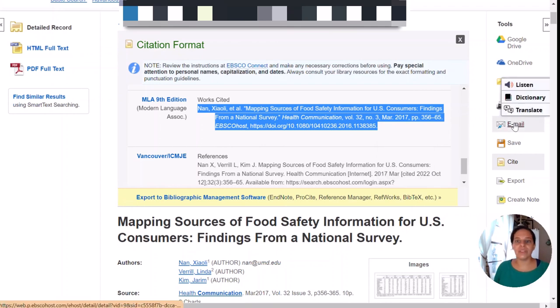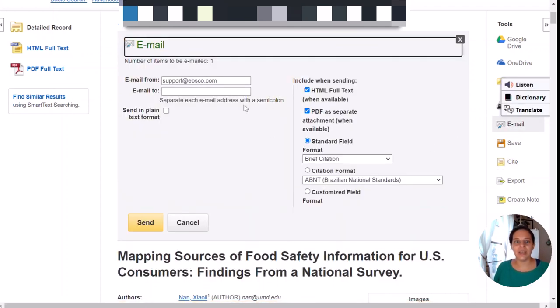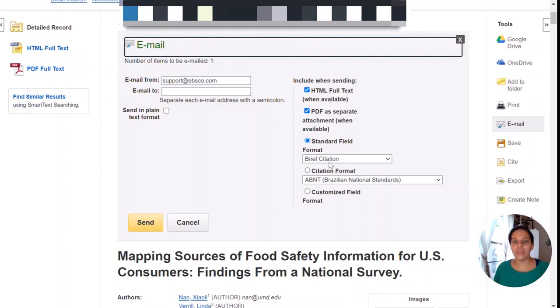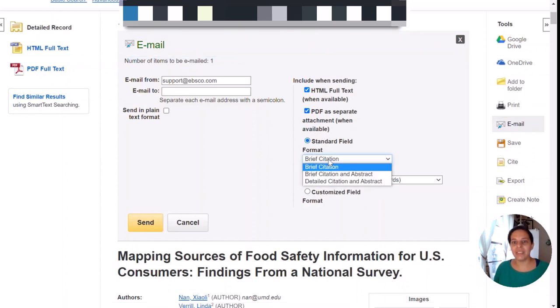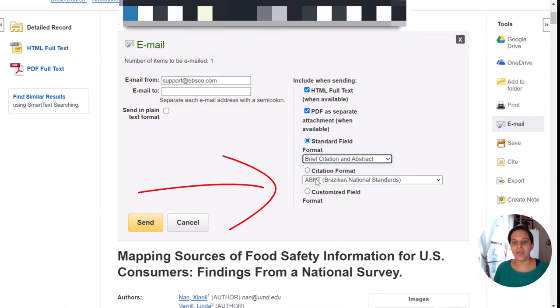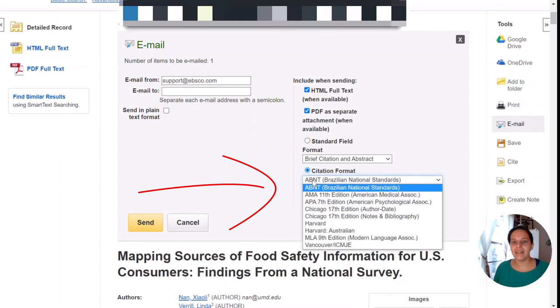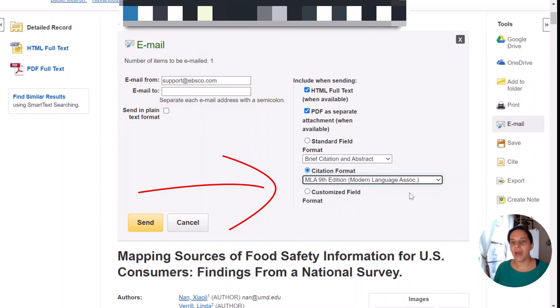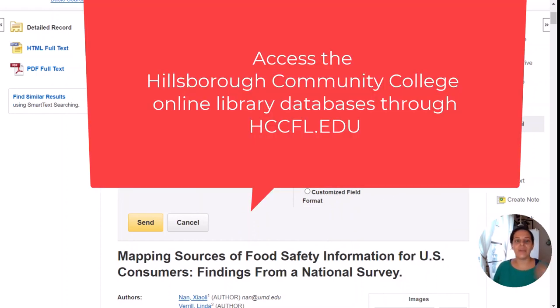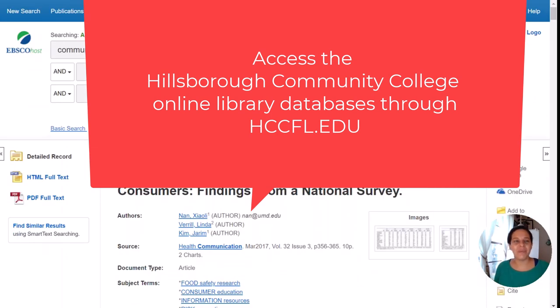Or let's say if we're going to email ourselves the article, you can select the type of the attachment and also the citation. If you want the citation, brief citation, abstract, here you can select the citation type. So the email that you receive will have already the citation tool in it, and that way you don't have to come back. So I hope this was helpful,